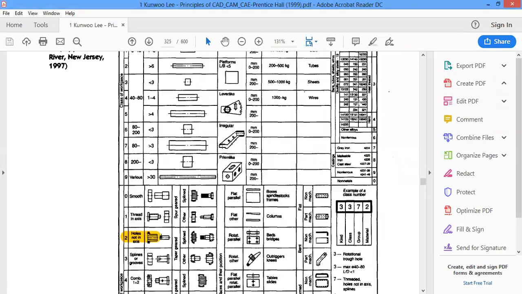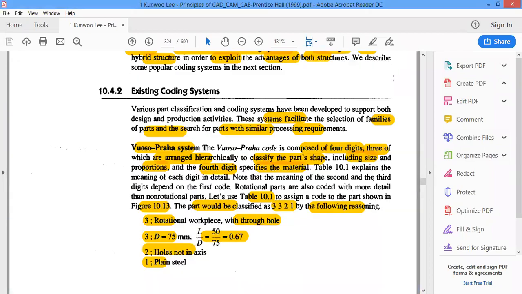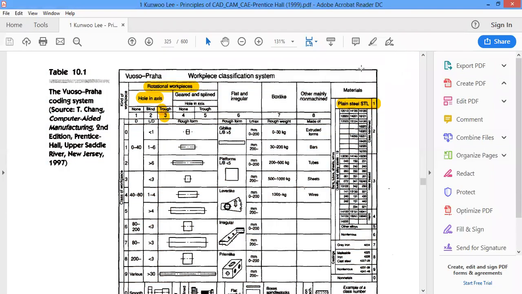Now going to this chart, we have the various codes that are given for each variation, right? Here, if you look at it, the first thing is that it is a cylindrical workpiece.